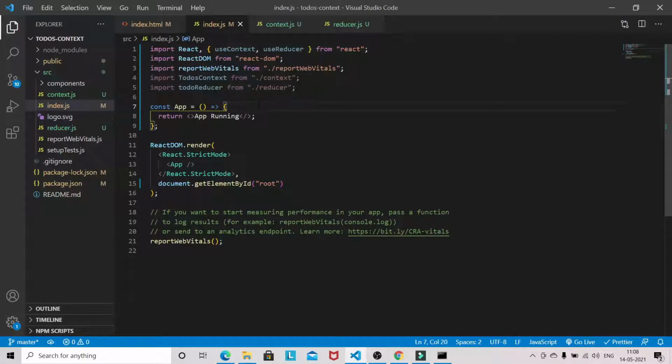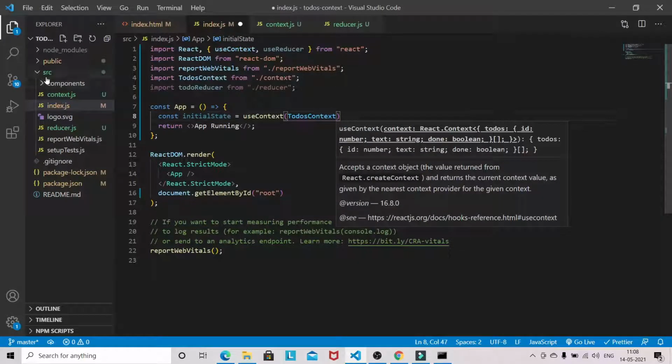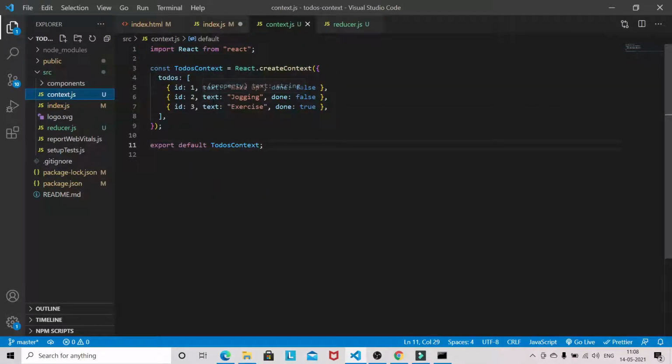Now in app we need to define the initial state. So initial state, like useContext. So this is our initial state in which we have some initial to-dos.